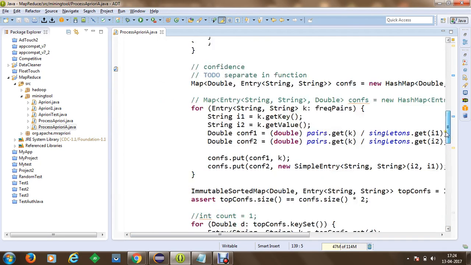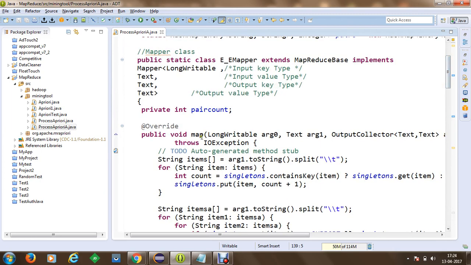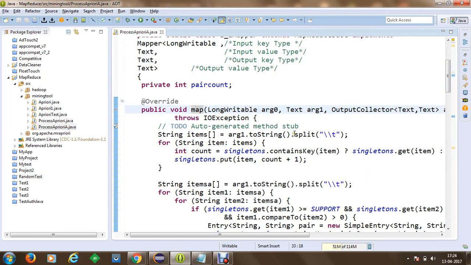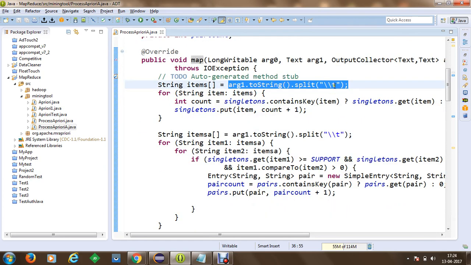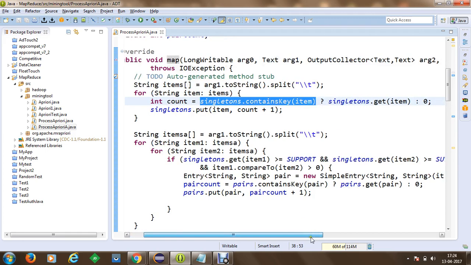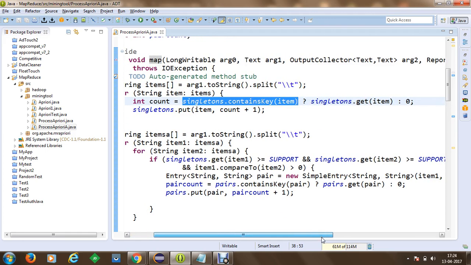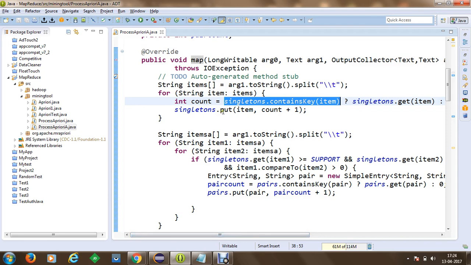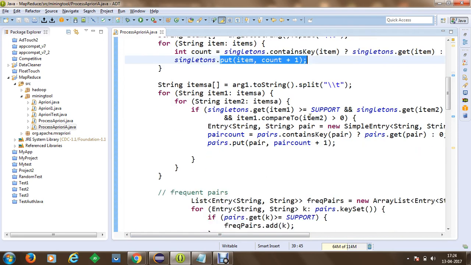Once this job configuration has been executed, our map method will be called, wherein we are going to map the data. We are going to read the data set and split it using tab. Once the tab has been split, we store that into an items array. We'll loop through all the items and find out if the singletons contain that key. We get the item, or else we put in 0. So we first make a list of singletons, and next we are going